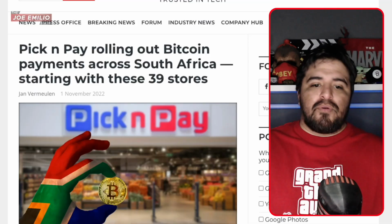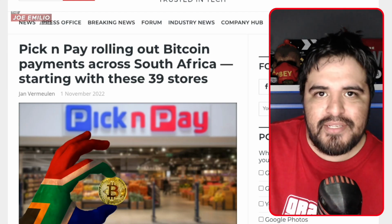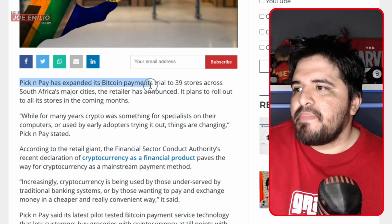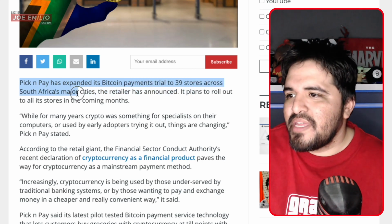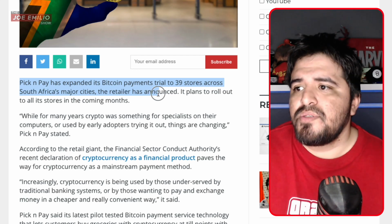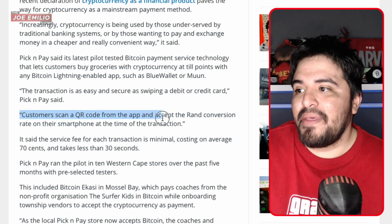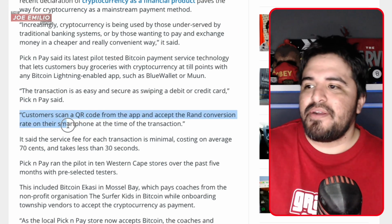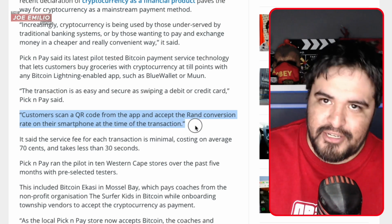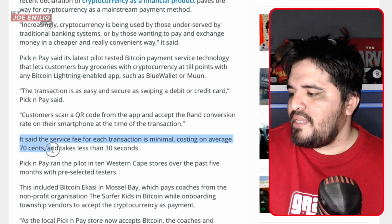Good news for Bitcoiners. I don't know if that's a thing. Anyway, Pick n Pay rolling out Bitcoin payments across South Africa, starting with these 39 stores. Pick n Pay has extended its Bitcoin payments trial to 39 stores across South Africa's major cities. The retailer has announced it plans to roll out to all its stores in the coming months. Customers scan a QR code from the app and accept the rand conversion rate on their smartphone at the time of the transaction. It said the service fee for each transaction is minimal, costing on average 70 cents and takes